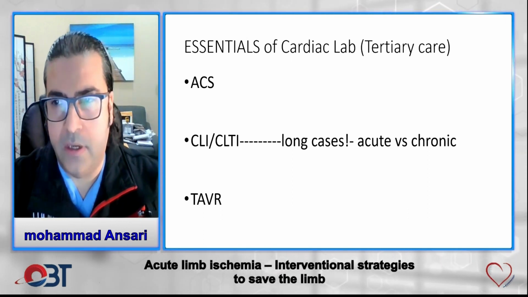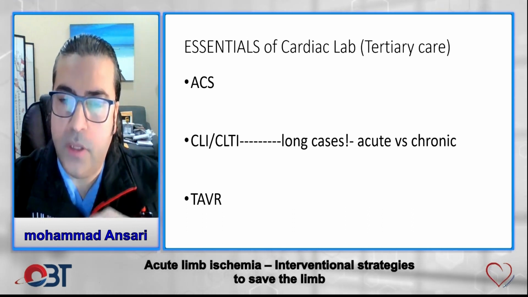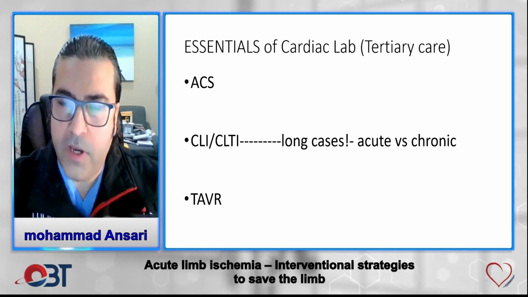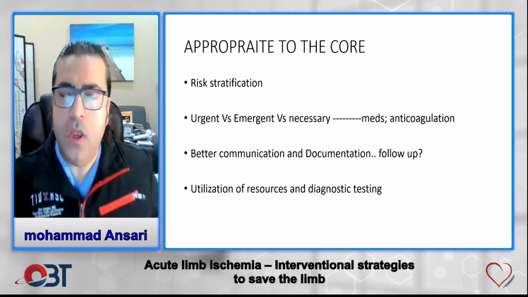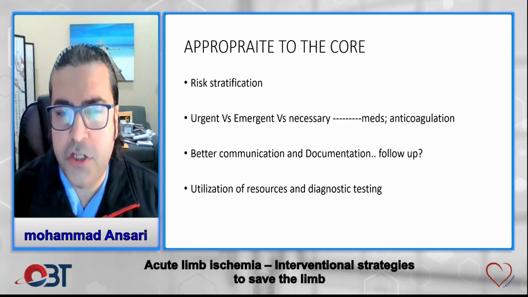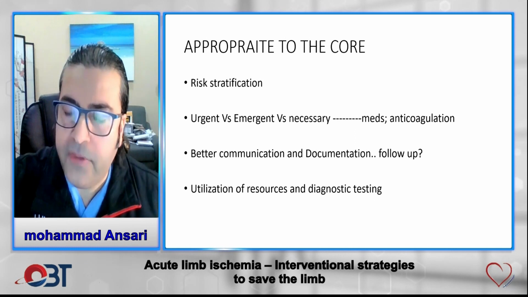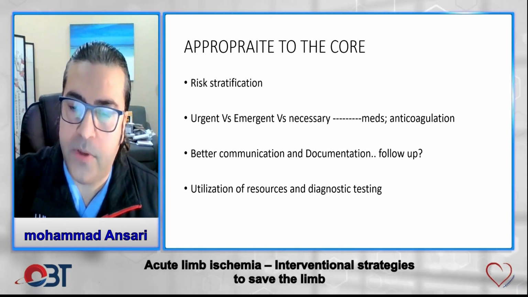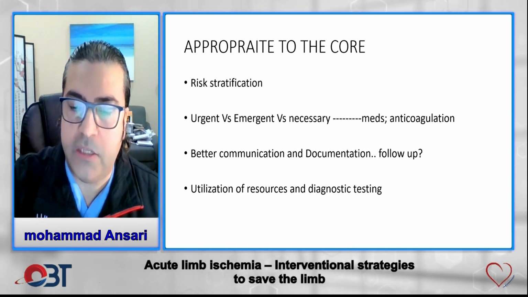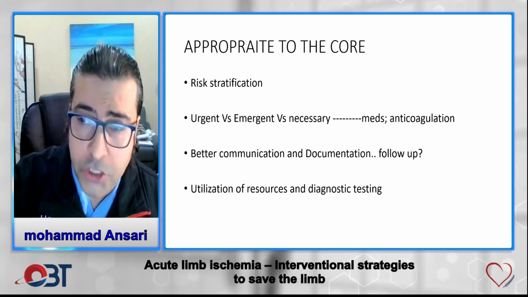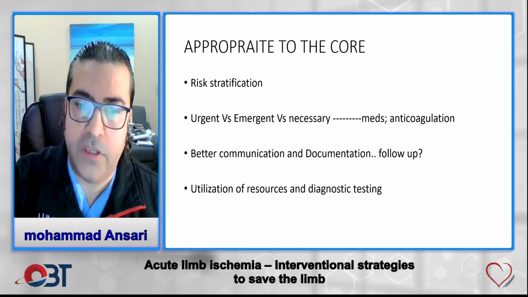Actually, these are long cases. So any strategy adaptation, if you look at the guidelines and the adaptation for the devices, doesn't take into consideration the timing of these cases. So we risk stratify patients, we look at the urgent and emergent scenario, and we talk about what our documentation could be. A lot depends on medical management when the patient comes into the emergency room, because not every program is able to take these patients right away to the cath lab, which is essential. So a lot depends on a better anticoagulation strategy